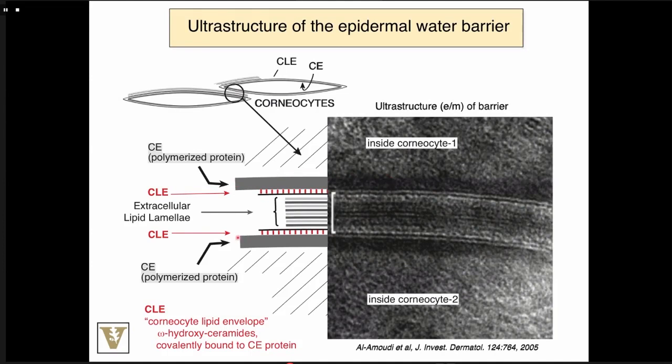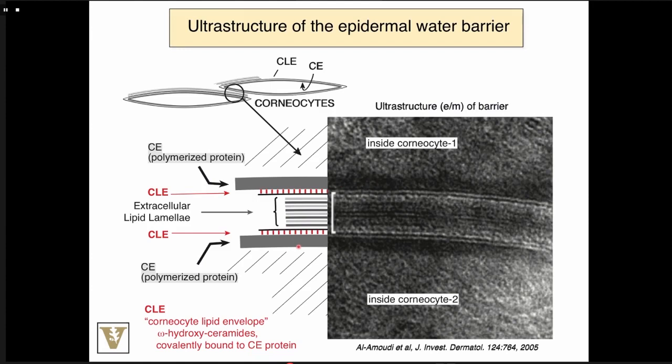And so I've cartooned that here. Here's our corneocyte envelope, the polymerized protein in one cell. Here it is in the other. Here's the extracellular lipid lamella, so that's between the cells. But between these two parts of the barrier, we have a layer of covalently bound ceramides, covalently bound to the